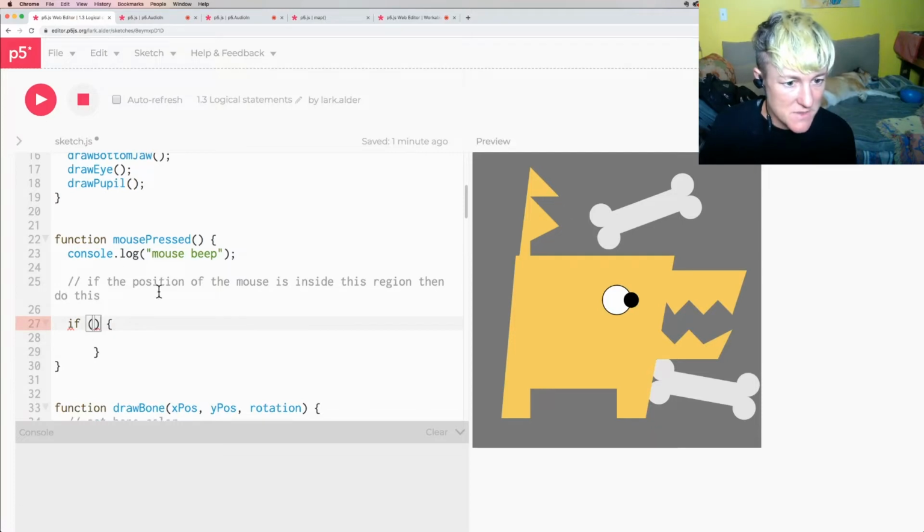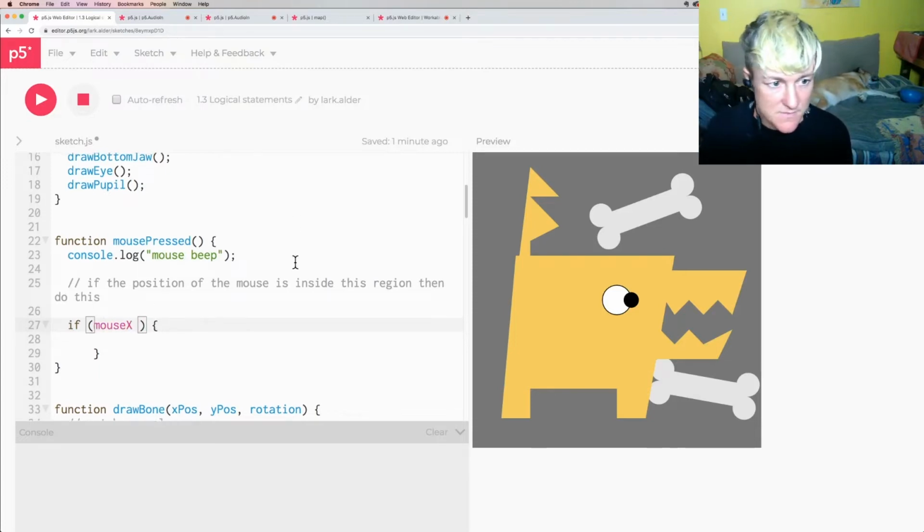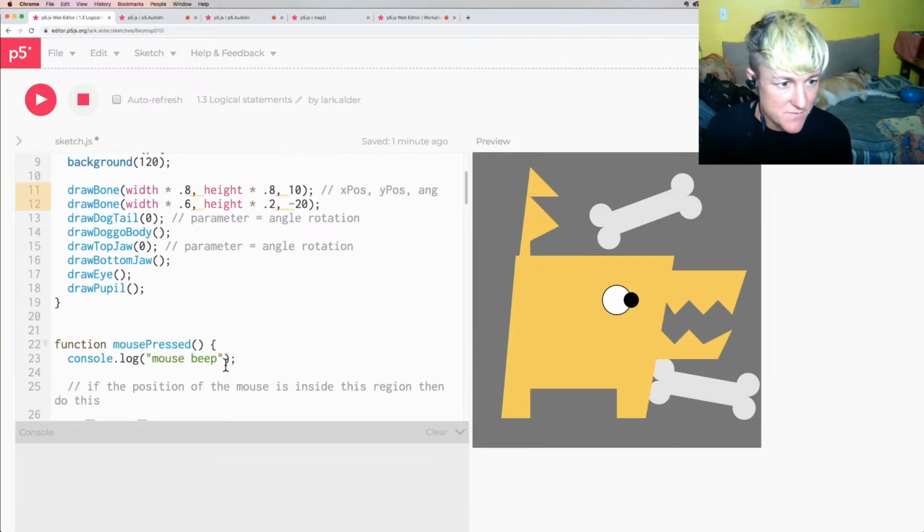Okay, so if the position of the mouse is inside the region, so this in here, we're going to test this condition: if the position of the mouse is inside the region. So the mouse is being clicked. We have those built-in variables, mouseX and mouseY. So if mouseX, what is this region again? Width times, so width times 0.6 is about here. So let's say this is about,